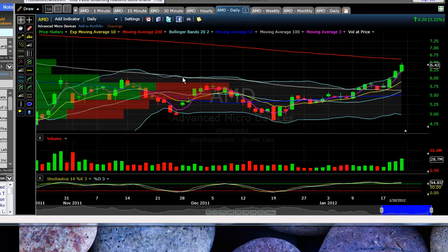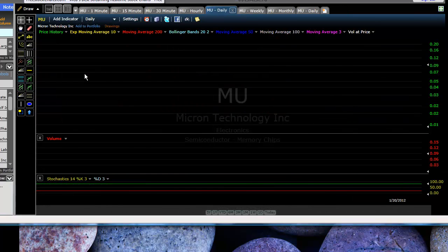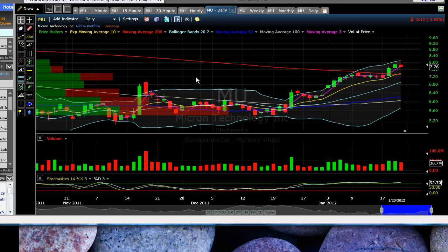Back to the semis, we can see this is Ace. He was looking at AMD. I believe he had calls on this, and obviously this one had a nice move higher too. So if we look at Micron, well, Micron didn't look as nice,